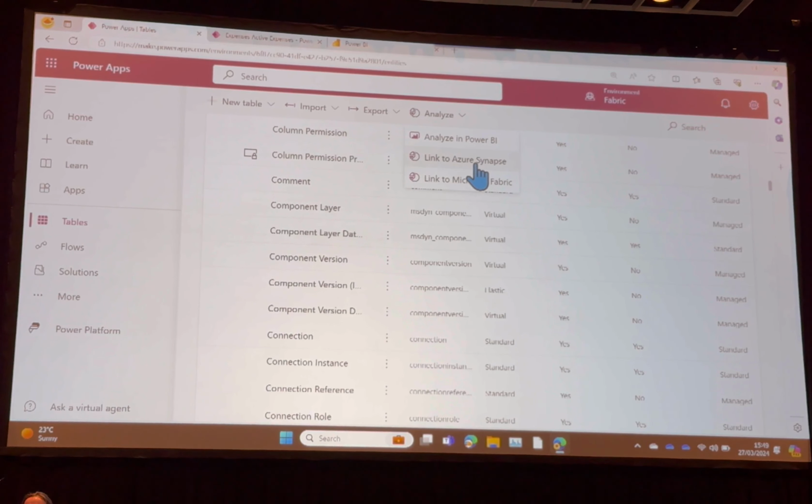Wait a minute, which area was I in? I was in the wrong environment. Let me just switch environment, because that one we did get working, and I will show you what happened in that one. Let me get a trial. If I come into here, and I do my analyze,